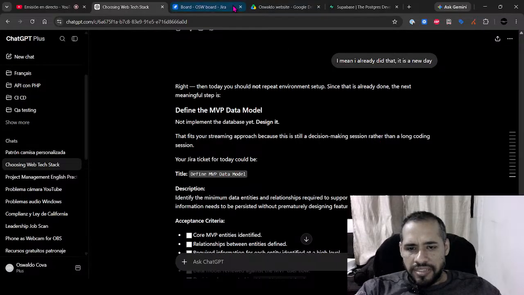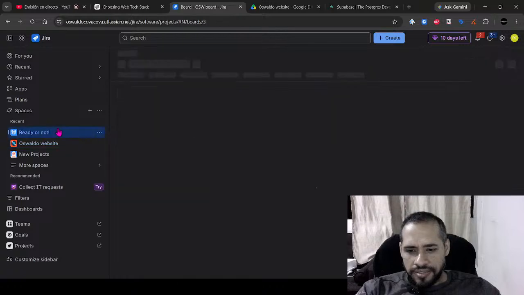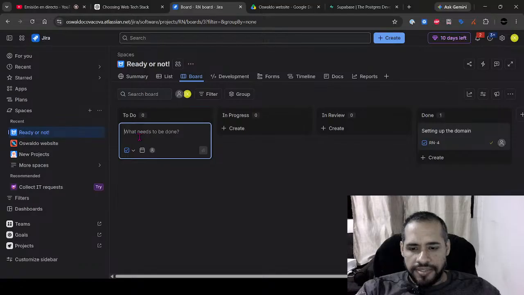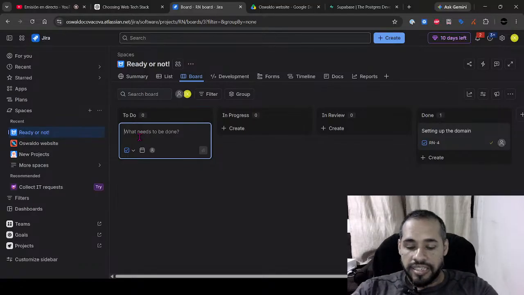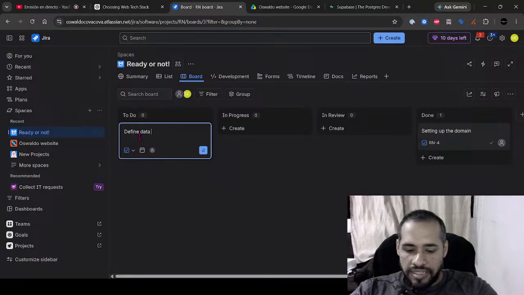First of all, I'm going to add a new ticket to Ready or Not because I want to have everything organized, and I'm going to call it define data model.